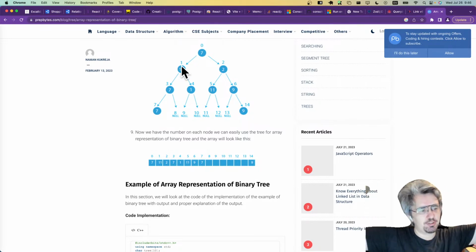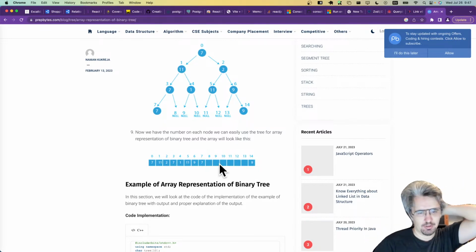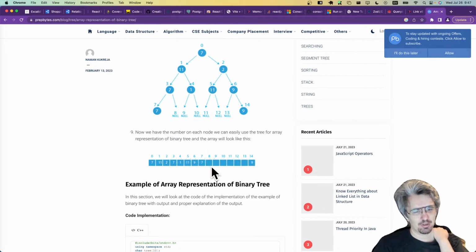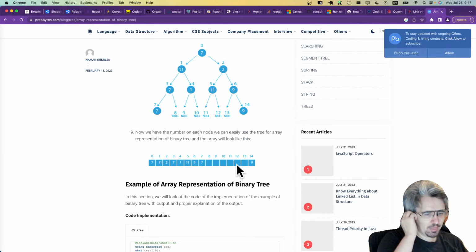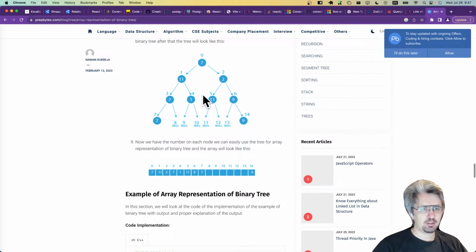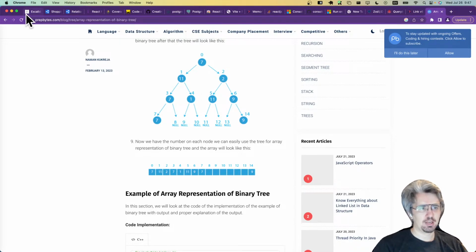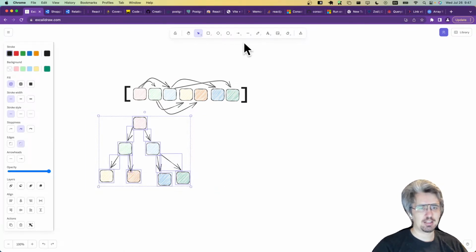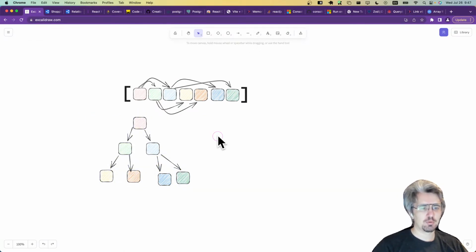In a completely filled tree, I think the important thing to note here is that it's not always efficient to store a binary tree in an array because you have these empty nodes, and so therefore you have these empty slots. And so you always have to allocate the memory if you're going to store that binary tree in an array. So generally, I think the mental representation of a binary tree, the way that I think of it, is going to almost always be as an object,